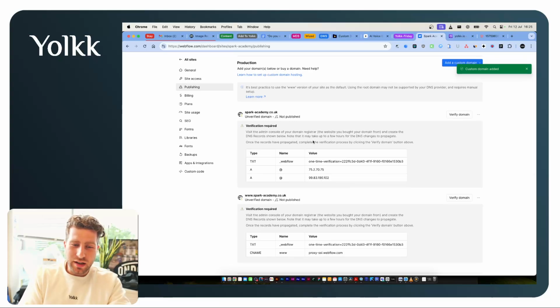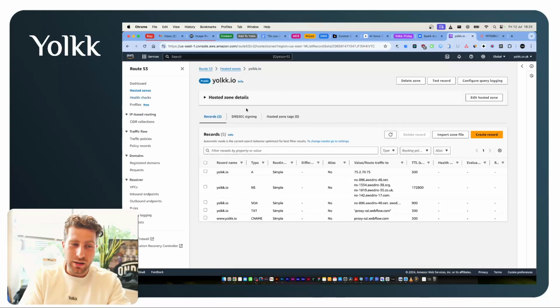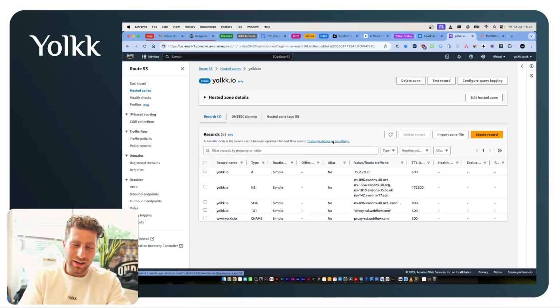Right, now it's asking me to verify this and add these records to my DNS records here. So I keep most of my domains under AWS Route 53, but most of my customers will be using something like GoDaddy. This is a screenshot of GoDaddy's here, or 123reg, or there's various ones out there. But let me just show you how to do this. So these are DNS records here. This is on my yolkk.io domain, and we've got a record at the top here, a text record, a CNAME